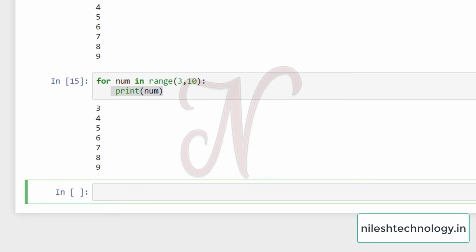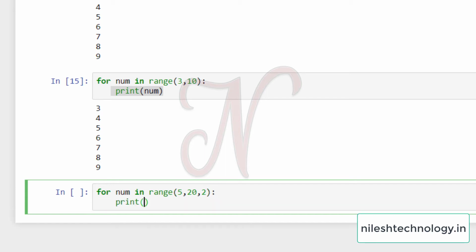Next, the third parameter is the step size. See here, for num in range from 5 to 20 and my step size is 2, then print num.